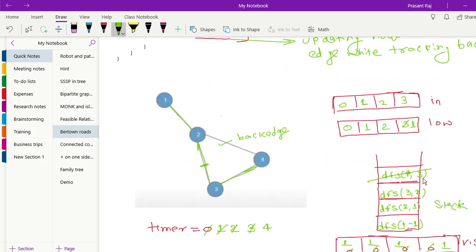The low time of 4 is 3 and the in time of 3 is 2. So the low time of 4 is not greater than 3, hence this is not going to be the bridge. We have checked this. After that we will update the low time of this node also, because if this node